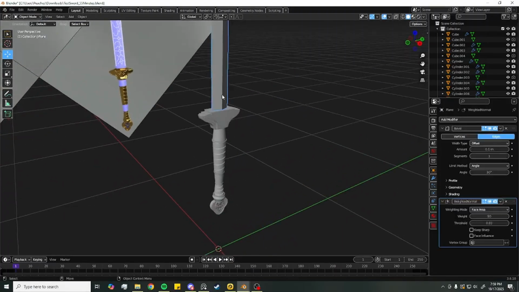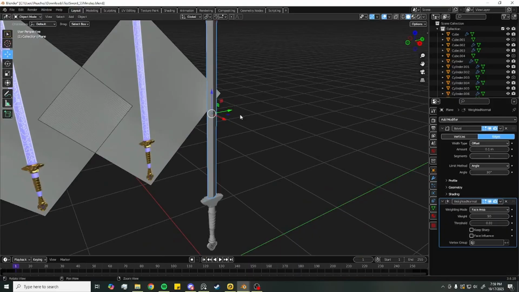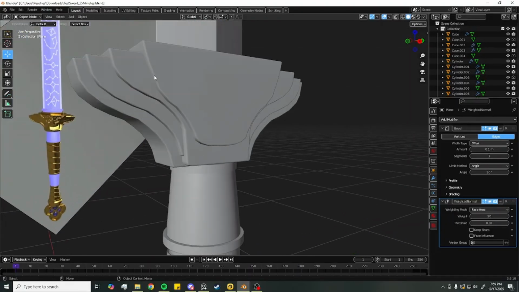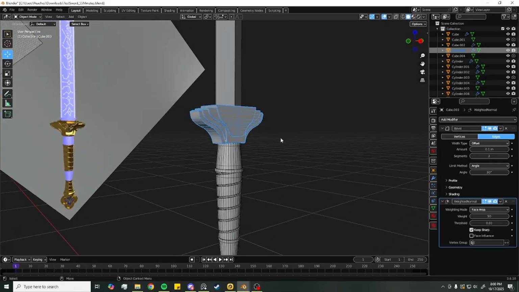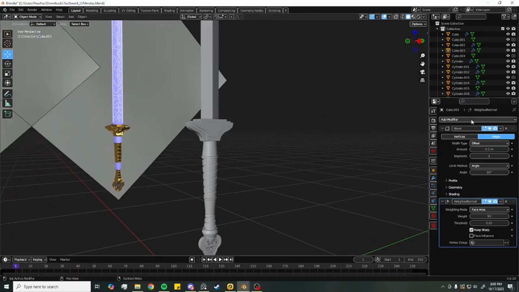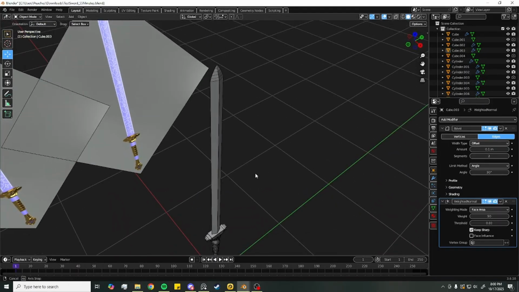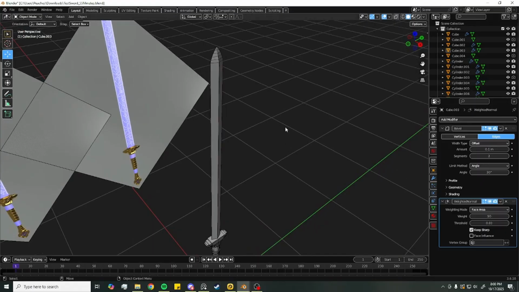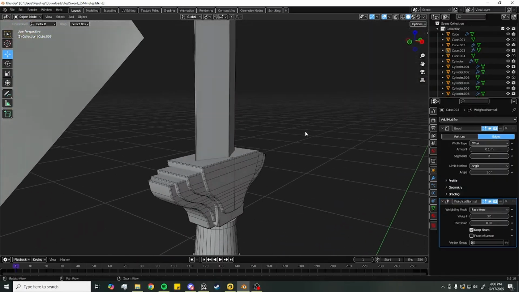Yeah, this is kind of what I came up with. I think I missed a detail here on the blade. I didn't see that one until today. Yeah, this one is a little more polished in here. I have the bevel modifier on the blade guard. I think next would be applying all of our modifiers and UVing and then texturing. For this asset, we could also do a high-low bake if that's something